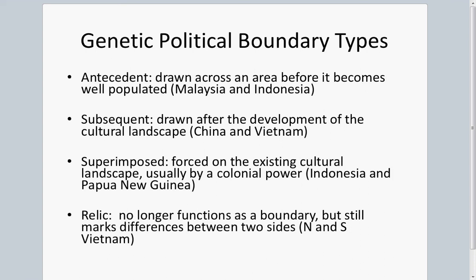The last type is the relic boundary. The relic boundary no longer functions as a boundary, but it can still mark important historical and political differences, such as the boundary between North and South Vietnam. The Berlin Wall is another good example of this type of